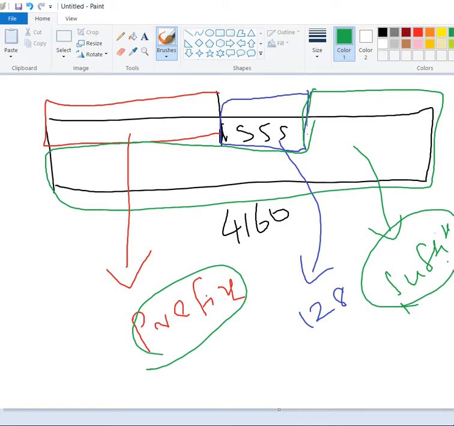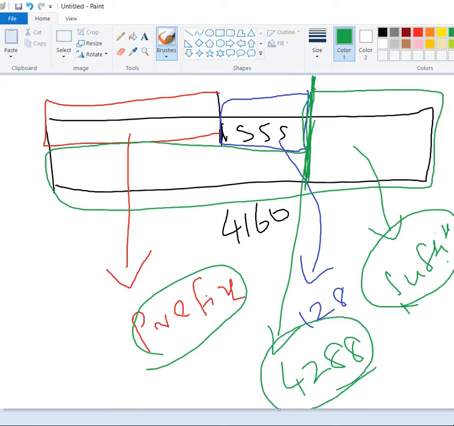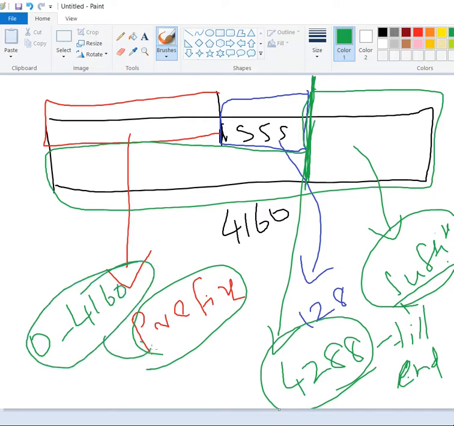So starting from 4288 till the end, this will be called suffix. Starting from 0 till 4160, this will be called prefix. I am leaving the middle 128 bytes because I am going to replace those 128 S values with some other values from my MD5 collision generator.